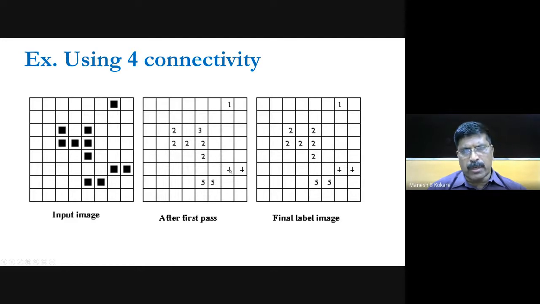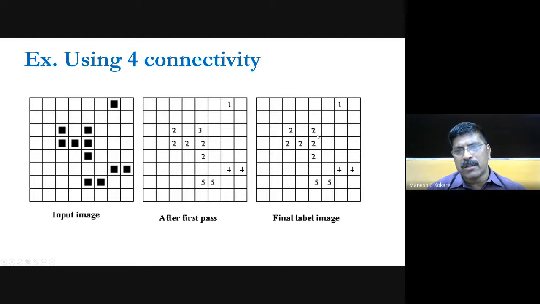When it comes to here, you have to give the 4th number because 3 is already given here, and then the 4th is connected here. Similarly, when it comes to here, it will be given 5 and 5. But you know that this pixel is also connected here. So we have to again look at the labels and then remark those things, because this pixel is connected vertically here, so this label should be replaced with this label.